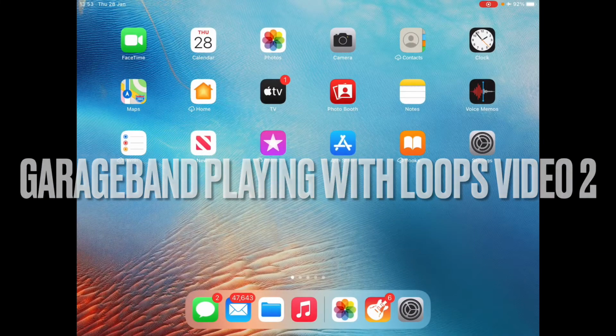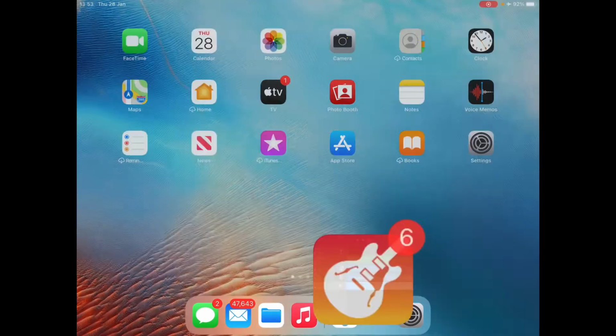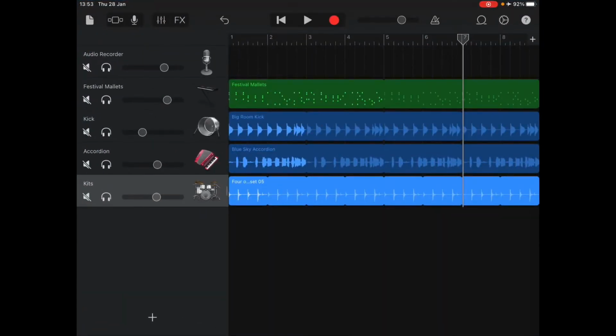Okay, welcome back. We're going to go straight back into Garageband, and I'm going to open up where I was in the previous lesson, which is we were playing around with the loops, and I had selected 4 loops that I liked, and I had dragged them into this arranger window, and I've played them, and I've balanced them a bit. If you remember on the left here, you can turn these dials up and down to change the volume,